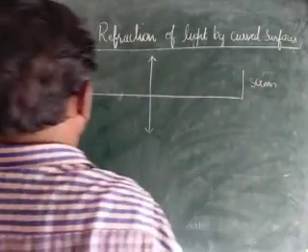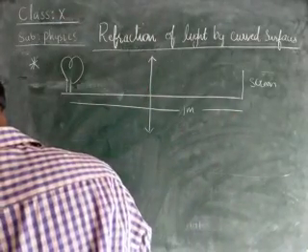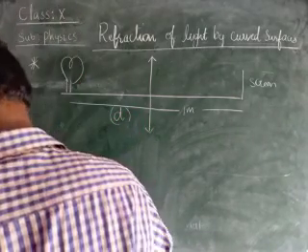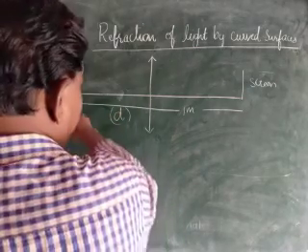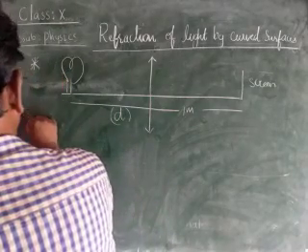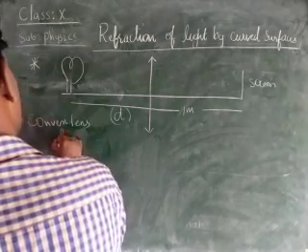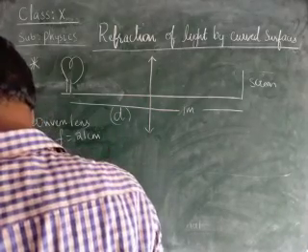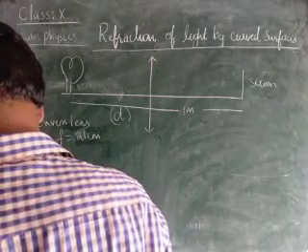A screen is placed, and they are at a distance of 1 meter. An electric lamp and a screen are placed on the table in a line at a distance of 1 meter. The total distance is 1 meter. In what positions of the convex lens? A convex lens is given, children. The focal length of the convex lens is 21 centimeters. The image of the lamp should be sharp. Where this lens should be placed, he is asking, children.